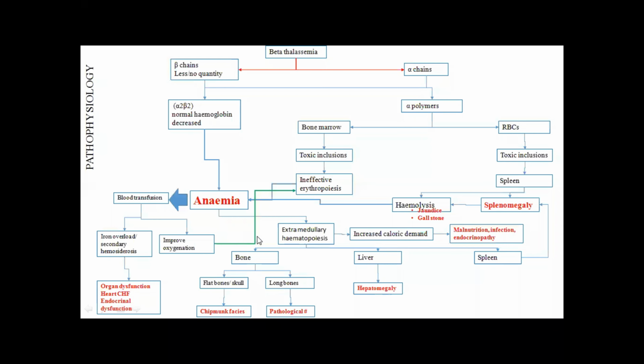One thing: with extramedullary hematopoiesis, there is high turnover of red blood cells. If there is high turnover of any cells, any cell division, it is going to be a very exhaustive demand on calories. If there is more and more calorie demand, the patient may develop cachexia and other manifestations, and the patient will be at risk of infection. So this is holistically the pathophysiology, and if you remember this pathophysiology, it will be enough for writing the clinical features.